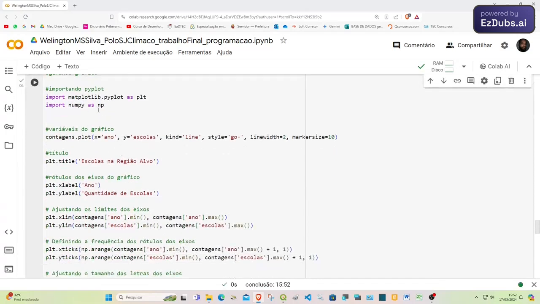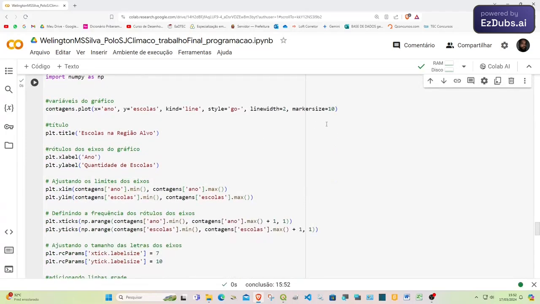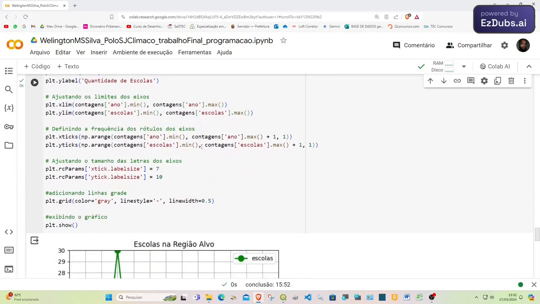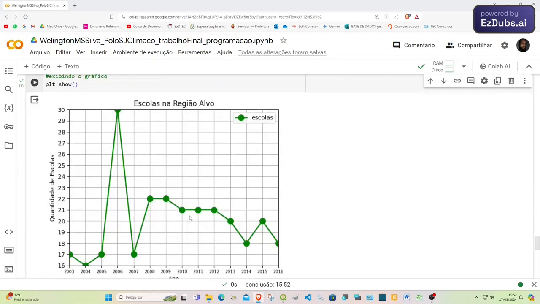Below, I only generate the graph. I import it here and such. There are the graph settings, the titles, etc., the axes here. It's also another thing that, for precisely this analysis, we can do through